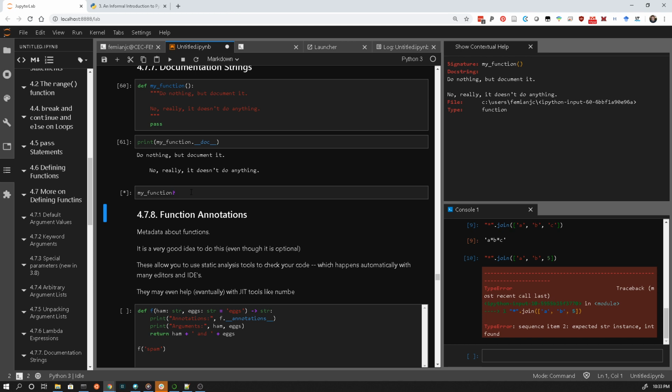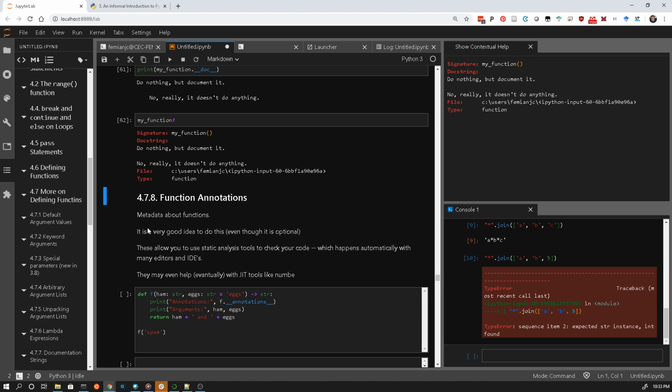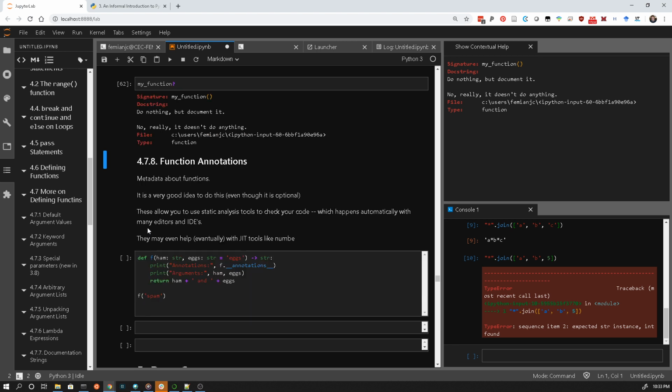Also in Python, if I write my function with a semicolon, I get that doc string. The intent here is to explain to people how to use your API. It's kind of ingrained into Python. Another thing about functions and data types and in general in Python, you will often hear people say that Python